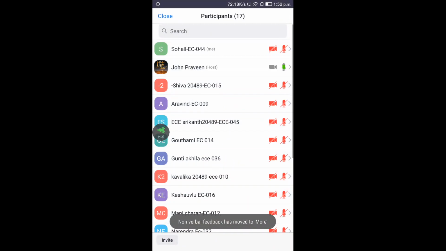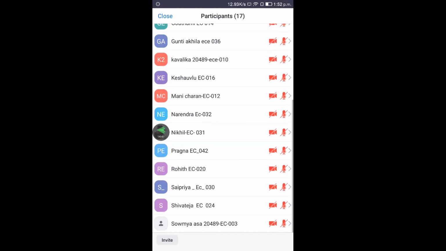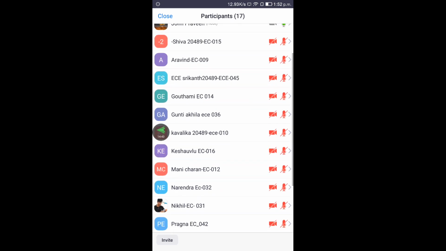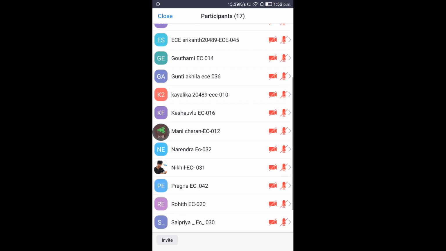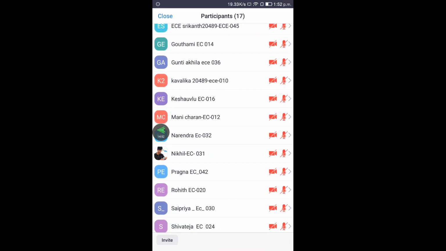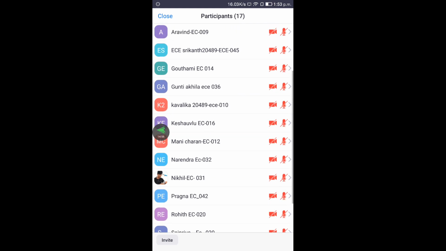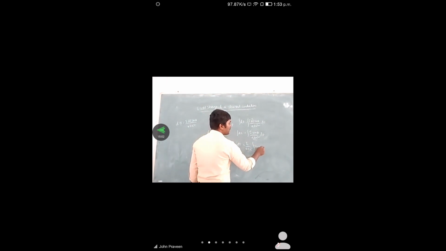This is dH over dt. Let's take 1 into dH; if nothing is written there, we consider it as 1. So we have 4 pi r square I sin theta. I is constant, and 4 pi r square is constant, so we separate the constants. I by 4 pi r square, integral of sin theta d theta.